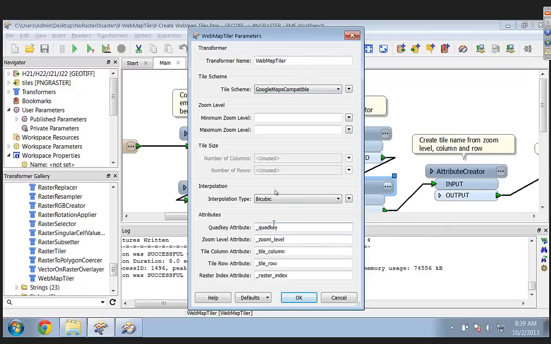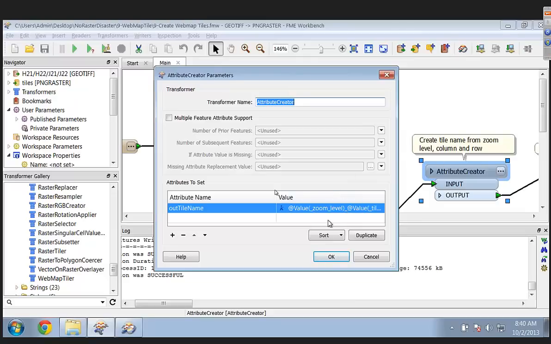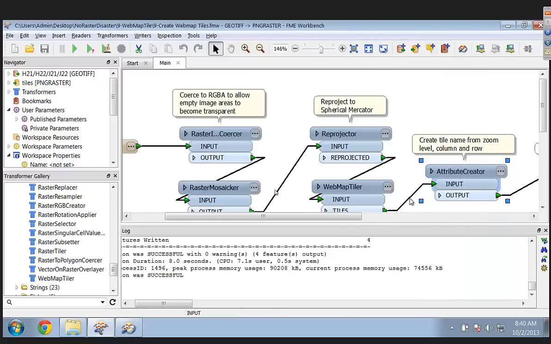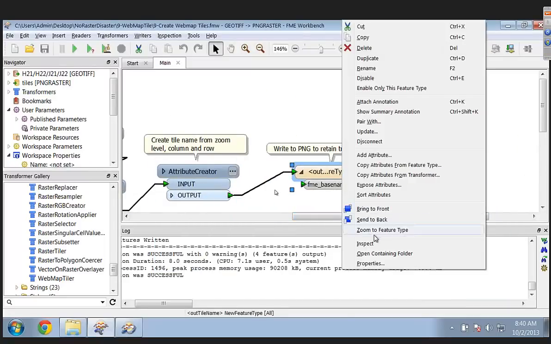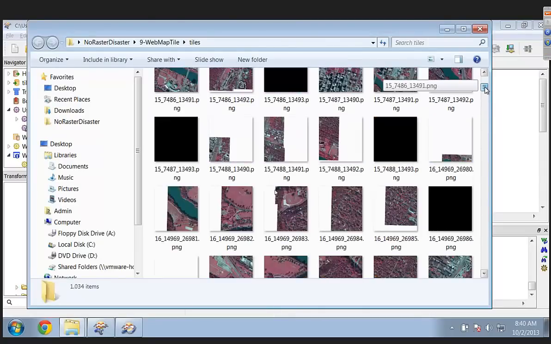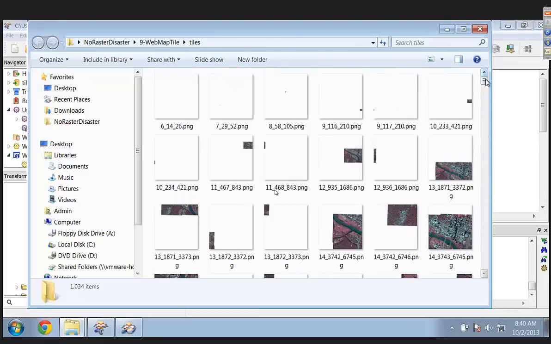And so it ends up producing these various attributes, and then we create our file name using the Google naming convention. If I bring that up here, it's basically the zoom level underscore tile column underscore tile row. And I ran this last night, so if I say open containing folder, there's quite a pile of images, all with these funny names at the various different zoom levels. With the Web Map Tiler, you can choose the zoom levels you want, but if you leave it blank, it will do its best to optimize, which is what we did in this case. And off we went.